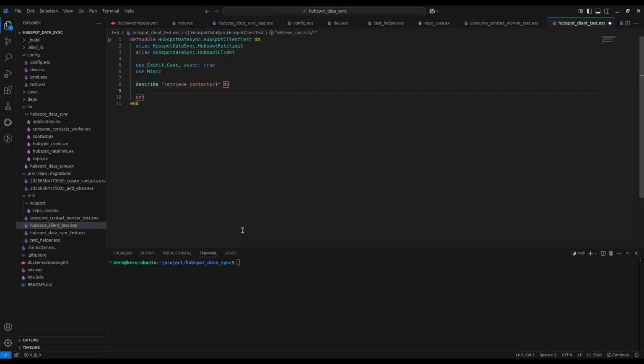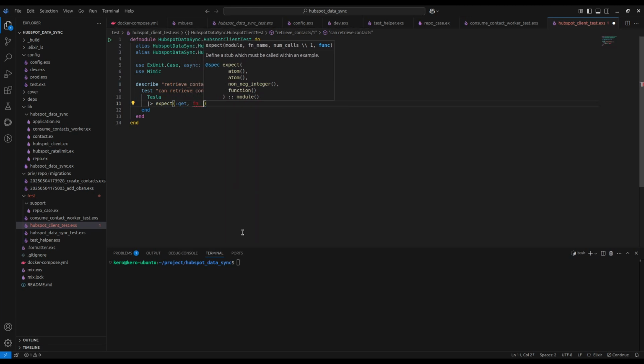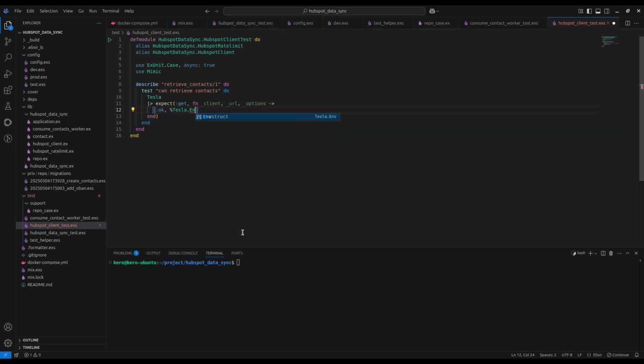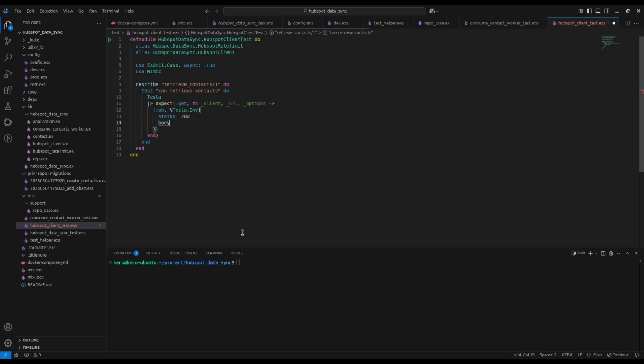First, we're going to make a test where we can say that we can just retrieve the contacts. So we'll test can retrieve contacts do, and in this one we're going to take our Tesla, which we're mimicking with mimic, and we'll make an expect where we'll say on the get function, which will take in a client, a URL, and options, that this will give back an OK, Tesla.env, and in our Tesla env it should have a status 200, and it should have a body that should be in JSON. So we'll JSON.encode our